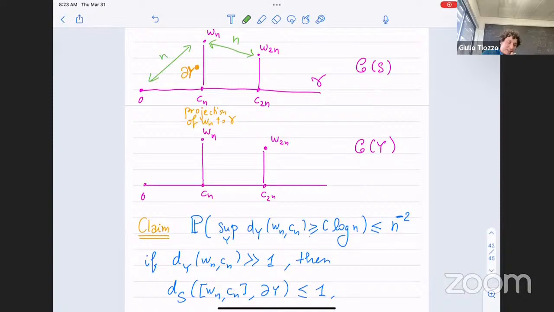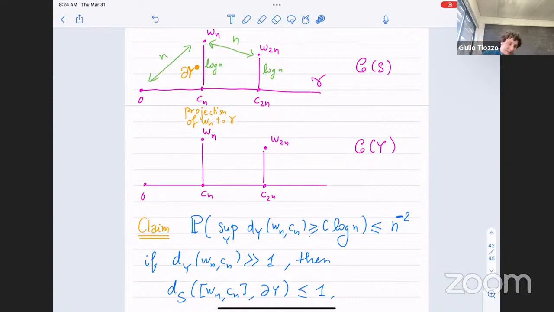And so this tells us that, and also we know that we have a tracking property in the main curve graph. So we know that the distance between the geodesic and the path is about log n. All this just by hyperbolicity of the big graph. And so if this segment is close to the boundary of Y, well, this other segment, the segment from 2n to C2n, cannot also be close to here, because there is this big linear gap between them.